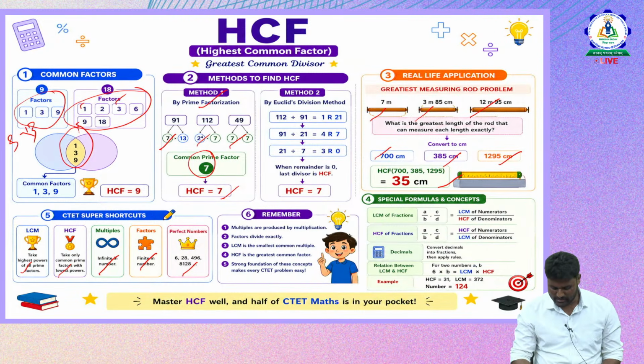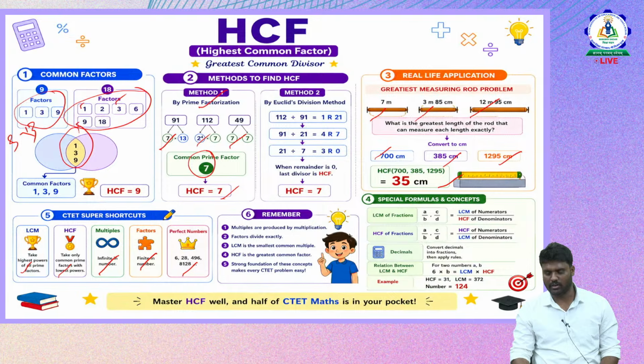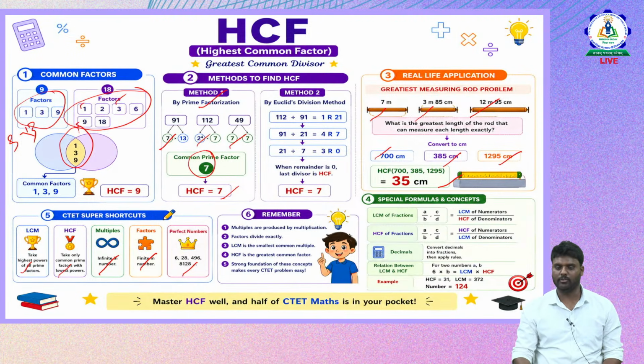Okay, so these are the special formulas which we need to identify when solving these problems. One is the LCM of fractions. When the question is given in the form of fractions and they ask you to identify the LCM of the fractions, we apply this formula: LCM of numerators over HCF of denominators. And when they give two numbers in the form of fractions and ask you to identify the HCF of the fractions,